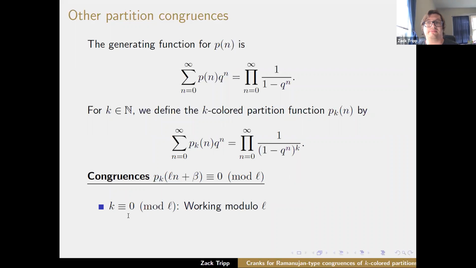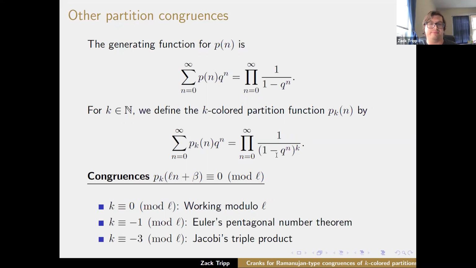So it turns out there are some easy congruences first, namely if K is divisible by a prime L, then using Freshman's dream, you can prove that there exist a bunch of congruences by just working mod L. But what we also have is, if L happens to divide K plus 1 or K plus 3, there are these two formulas right here, called Euler's pentagonal number theorem and Jacobi triple product, that allow us to find more congruences in certain cases. So don't worry too much if you don't know what these two things are. I'm going to state a version of Jacobi's triple product in a second, but just like Ian was talking a lot about sum to product identities, these are just two sum to product identities that are very useful.